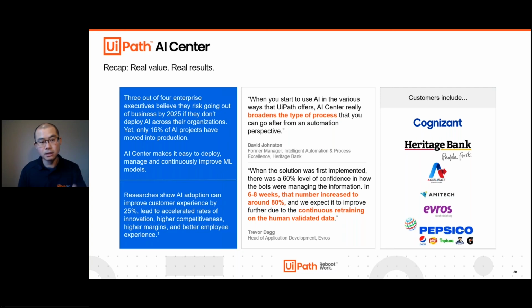You can see some examples here of how AI is top of mind for executives. Whether they can bridge the gap between what their data science teams create and what actually makes it into production is obviously challenging, and customers continue to struggle to receive the full benefits of what AI can promise. You can see how something like AI Center and this practical AI approach that UiPath takes can help you bridge that gap.